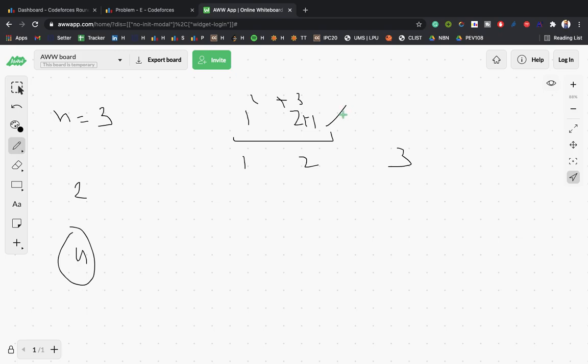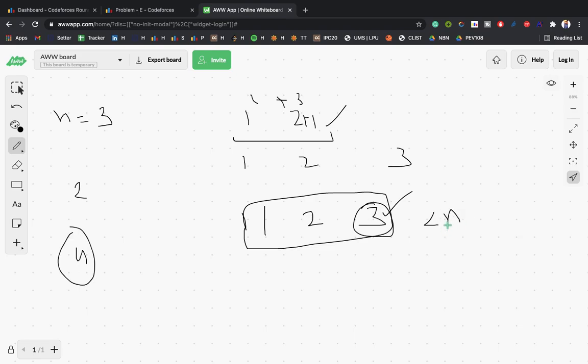So this is the approach: I will take initially the lower element and I will increase one by one, till the elements are less than n. If I have achieved the maximum value of n, then I will decrease n by 1. Let's suppose n is equal to 6 and this has become 6, so definitely I will move on to the previous one to increase and get the sum, and I can't increase till n for this number. I will increase till n minus 1. For this number I can increase till n minus 2.